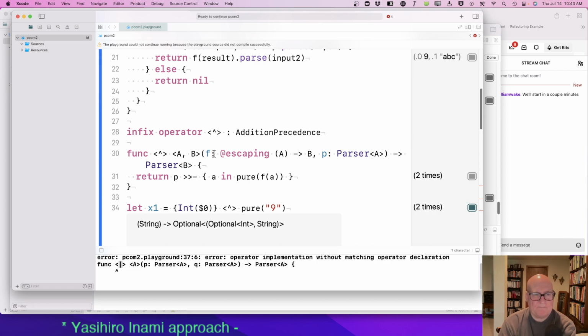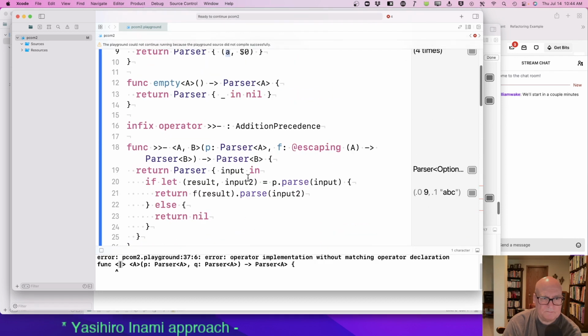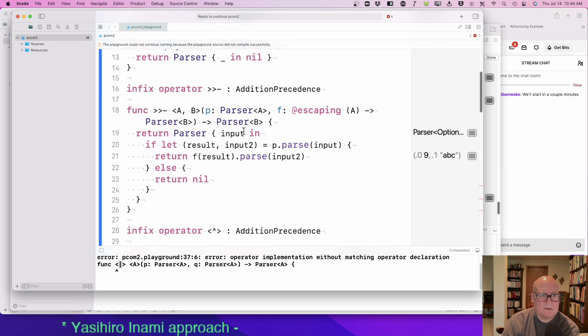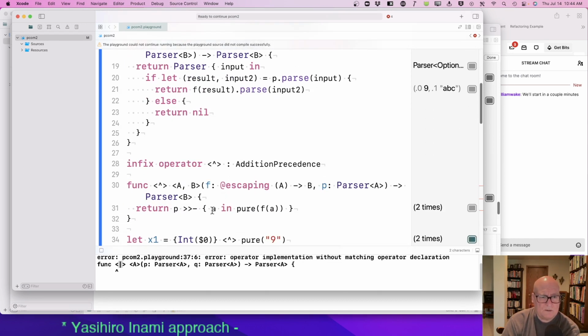Okay. Okay, so pure is basically inject a constant, return a constant, and give me the rest of the string to parse. And so this expression takes the A value, applies the function, and says generate that mapped value.